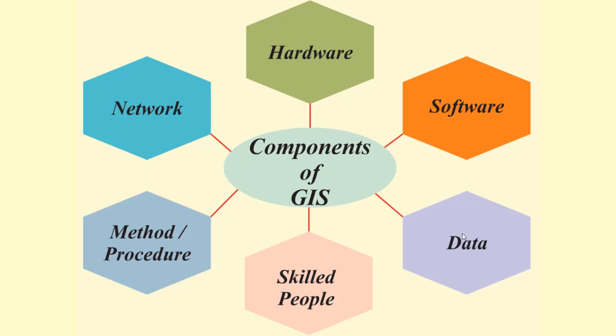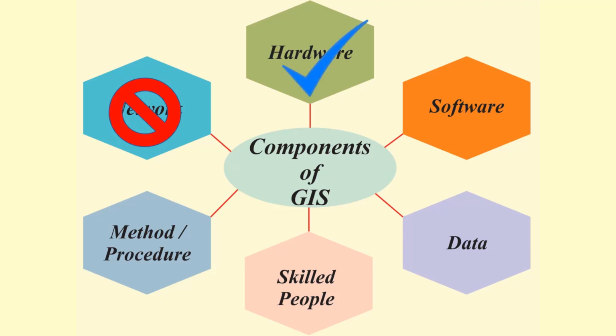As we have already discussed, there are 6 components in GIS such as hardware, software, data, skilled people, method or procedure, and network. Among these 6, network is only necessary when we work with different people located in different places. In this training program, we are going to use standalone computer-based GIS work. Hence, we do not require network component for this training program. I hope that you are having a laptop or a desktop to perform the task in this training program. So we consider we are having hardware component already with us.